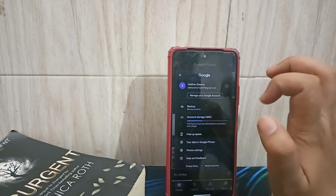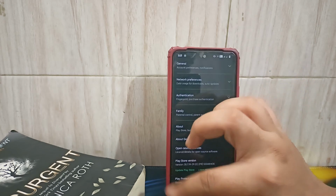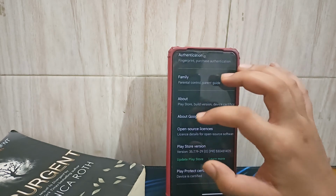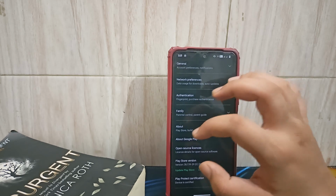Photos application, so you don't have to worry about the storage and all that stuff. And by default the device is certified, so the banking apps work just fine. I've been using banking apps on this device for like 3 to 4 days, and I haven't faced a single